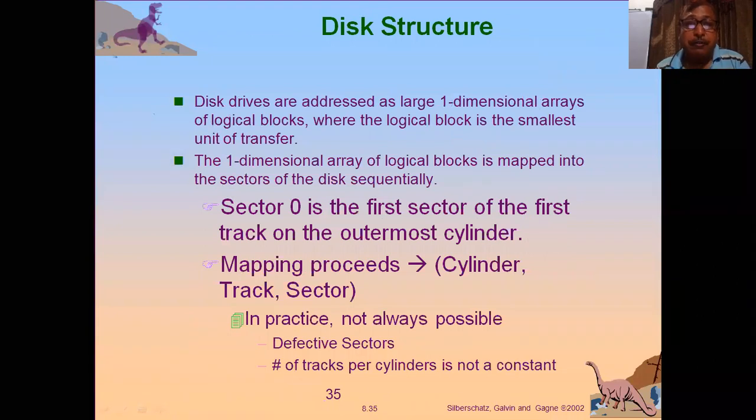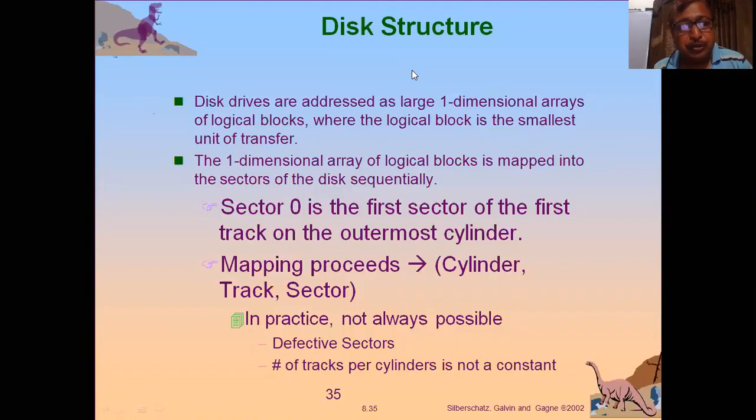Okay, now there are several processes which are making requests in a multi-programming environment. There are various processes which are continuously making requests for disk access. In that case, what we have to do as an operating system is satisfy the requests of these processes,